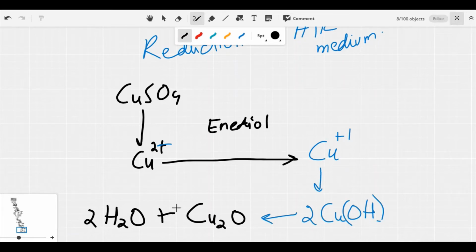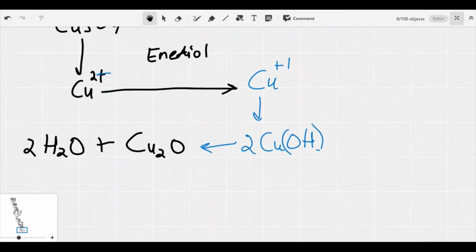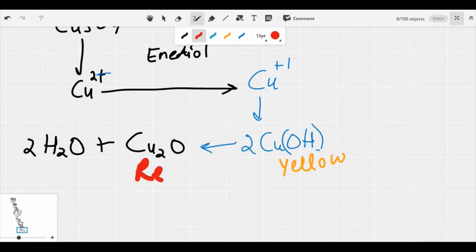So here you can see the conversion of copper plus 2 to plus 1, and then first it will form cuprous hydroxide and then a red precipitate of copper oxide. So cuprous hydroxide color will be yellow and the copper oxide color will be red,